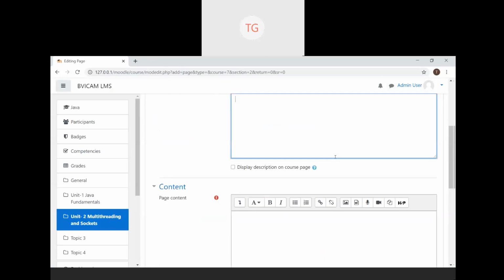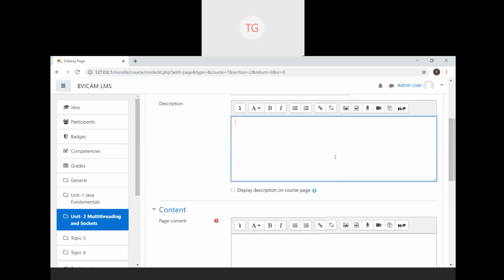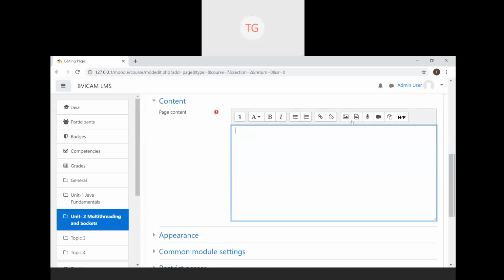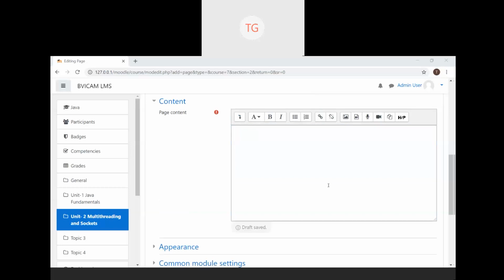But here, apart from the content, we have a description format also. This description will help you add your input to the resource. What you think of it, what should the student be inferring from the resource, and how he or she can use it. So these are my custom remarks as an evaluator, and I can add any type of a resource here, any type of a page I can create. So suppose I want to add a Word file.